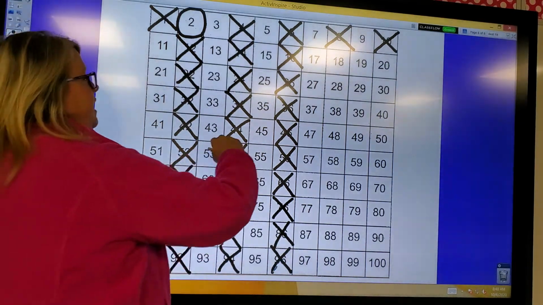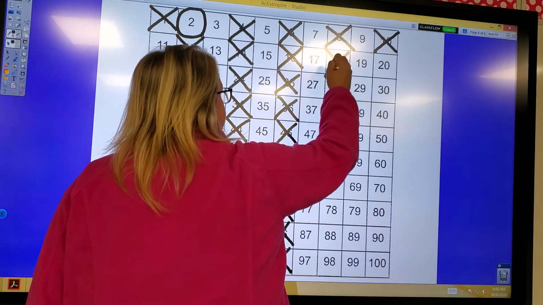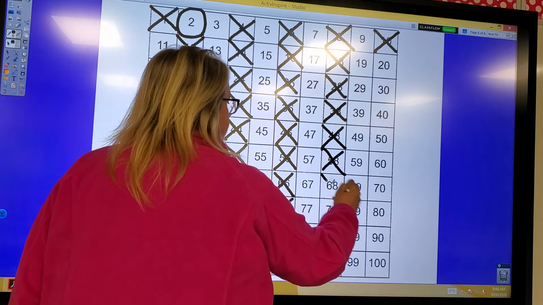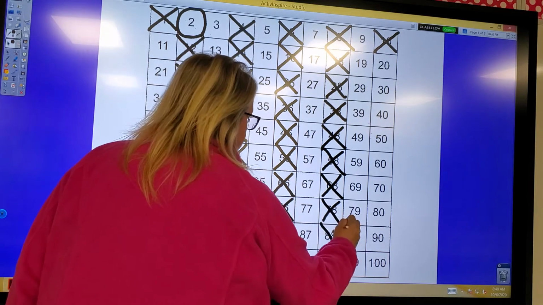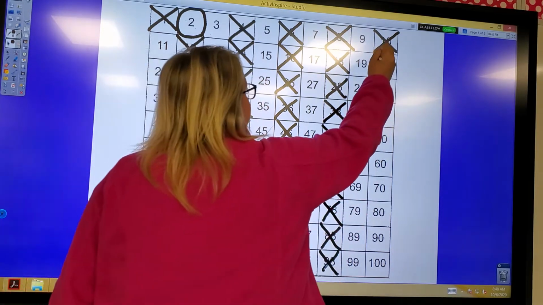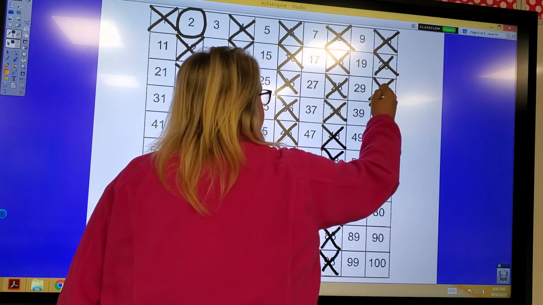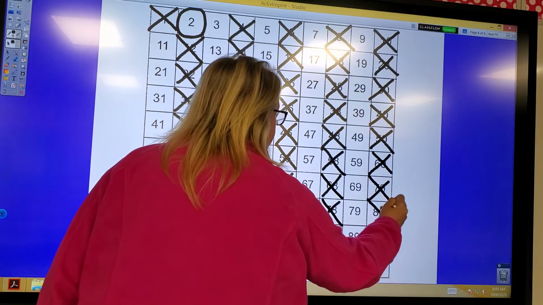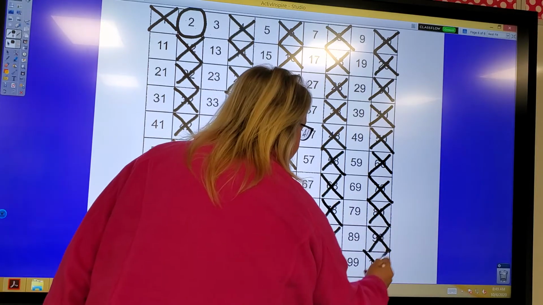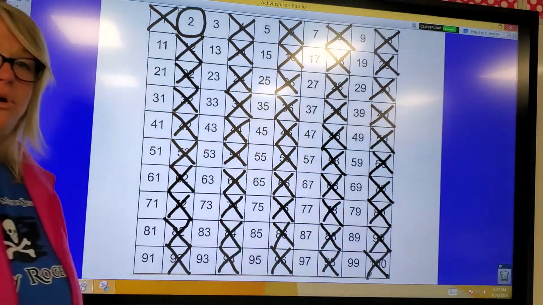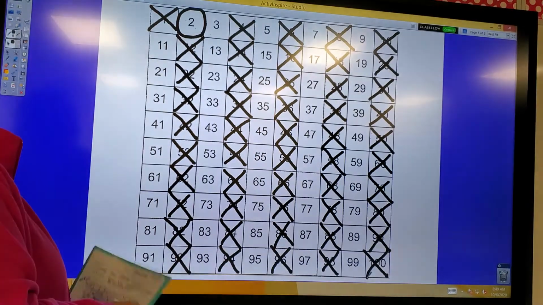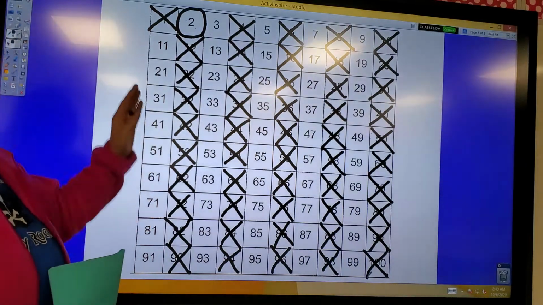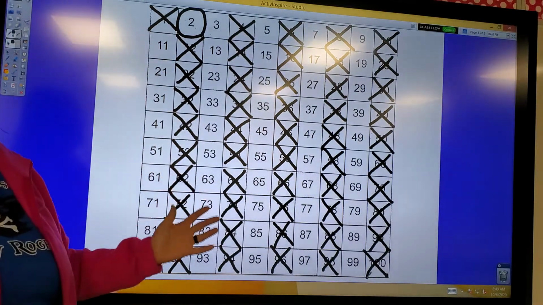Any number that ends in an 8 is even, so it's composite. And any number that ends in 0 is even, so it is also composite. So we just got rid of half of our numbers right there. Because again, the only even number that is prime is the number 2, and the number 1 is not prime